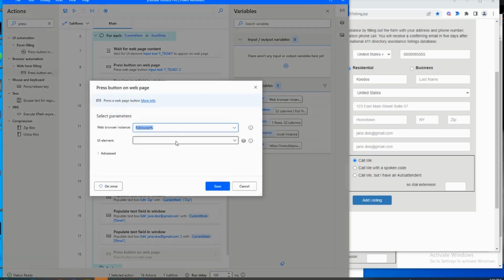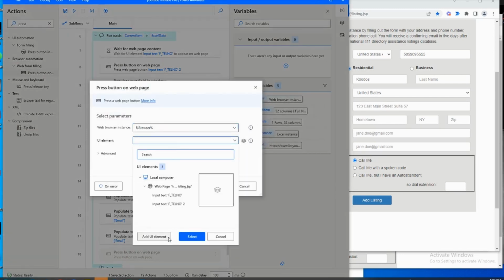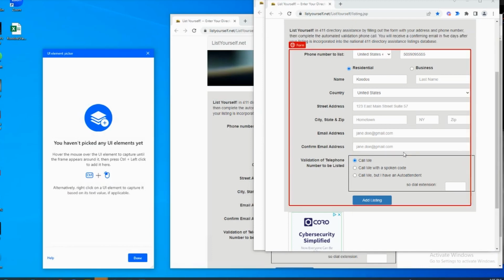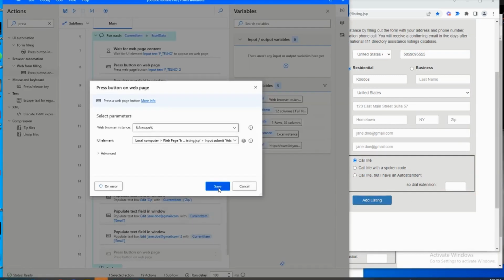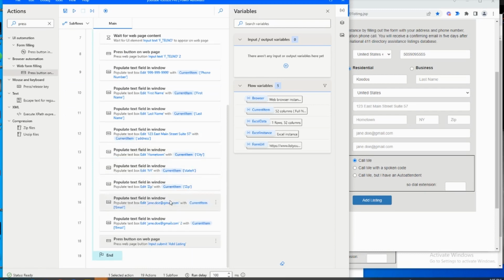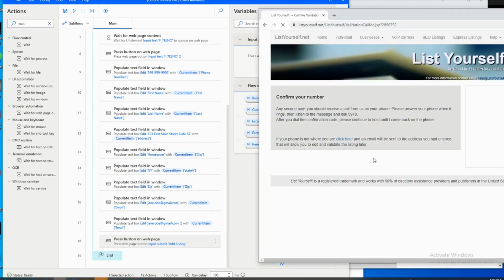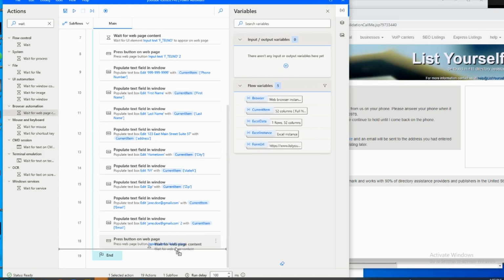Okay. So we're going to use UI element drop down and add UI element. Okay. So it's going to click the button. So we're going to save that, and we want to wait for this content right here to load. So wait for page content to load,